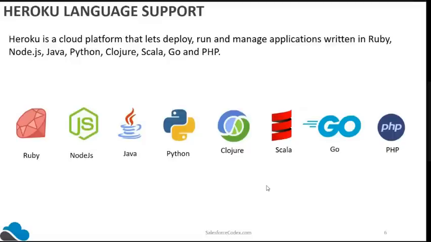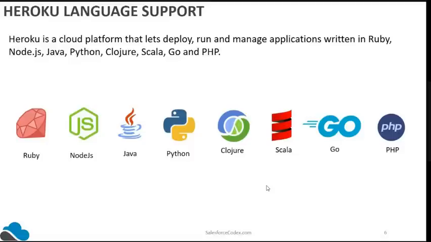So we discussed that we can deploy our application on the Heroku platform. Now, which languages does Heroku support for applications built on them? You can see these are the languages supported by Heroku by default. If you want to use other languages on the Heroku platform, you have to create your own API or platform service to deploy your application. But by default, these applications are easily deployed on the Heroku platform.